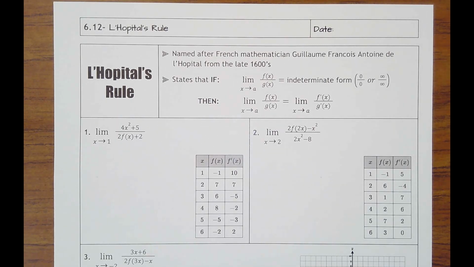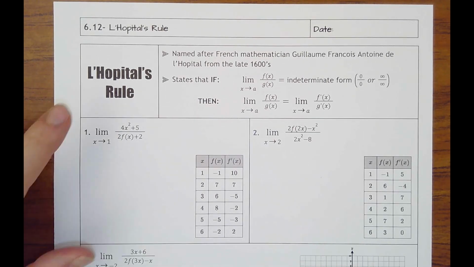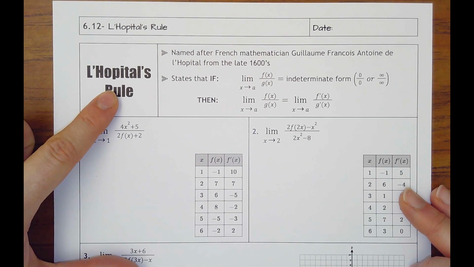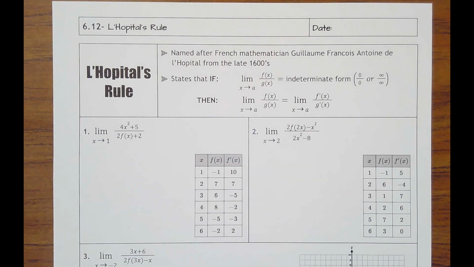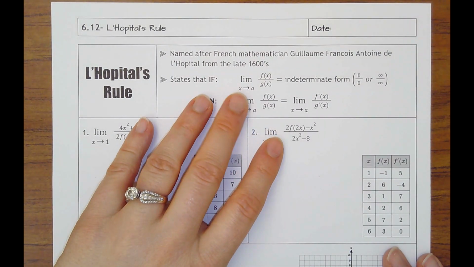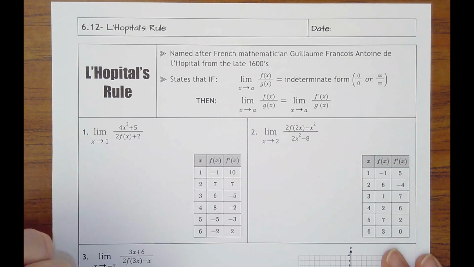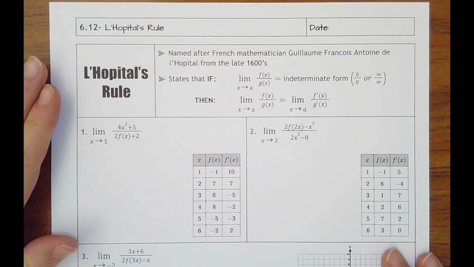Lesson 6.12 is called L'Hôpital's Rule. His name kind of looks like a little hospital, so sometimes that's what we like to call it, but it's L'Hôpital. The H is silent. It was named after this French mathematician. I'm not even going to try to pronounce his full name, but he was from the late 1600s, and he